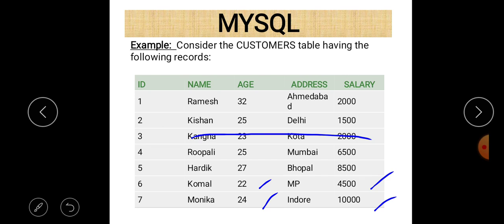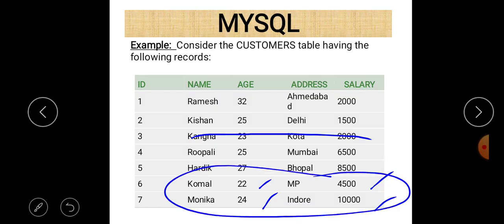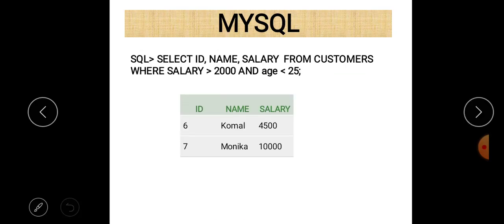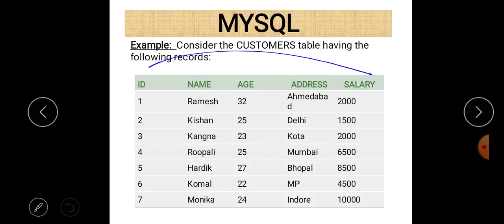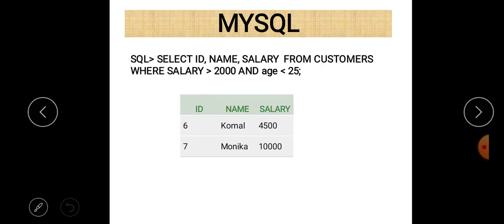So the last two records will be our answer because these two records satisfy both the conditions. Here the entire record will not be displayed because we select only three columns: id, name and salary.